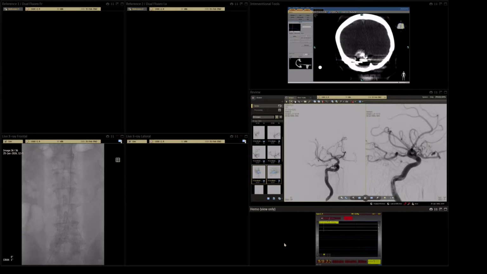We should move from the subclavian on the left side to the